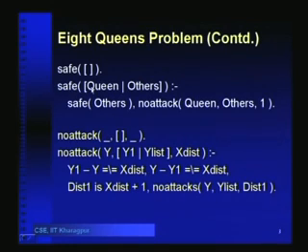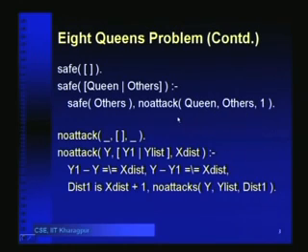Then we are checking safe queen, the head of the list with the others. So, this predicate checks that the others are mutually safe. This is the first queen, these are the remaining queens. First predicate checks that the remaining queens are mutually safe within themselves, they do not attack each other, and then this predicate checks that the first queen does not attack any of the others,